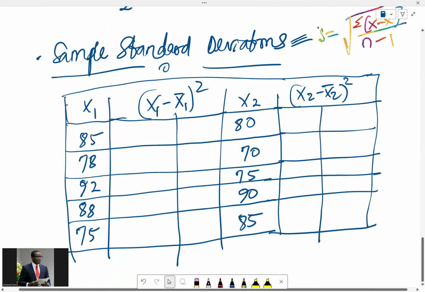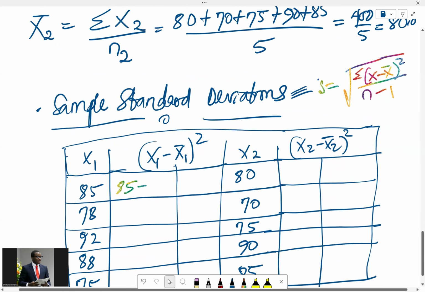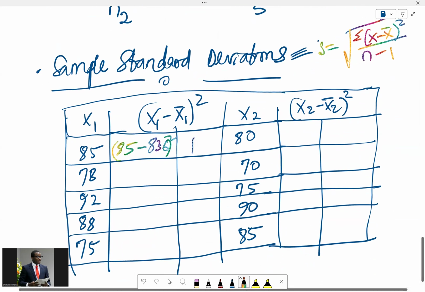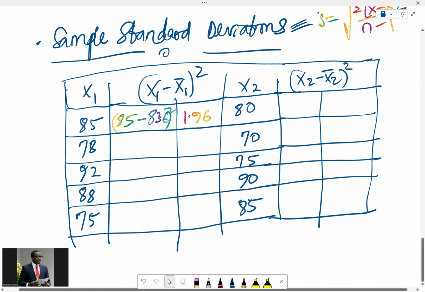So here for x1 minus x1 bar squared, we have 85 minus x1 bar, which is 83.6, and that is 1.4. So this is 1.4 squared, and 1.4 squared is simply 1.96. Then the next thing is